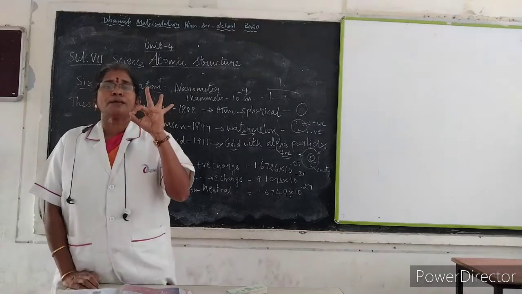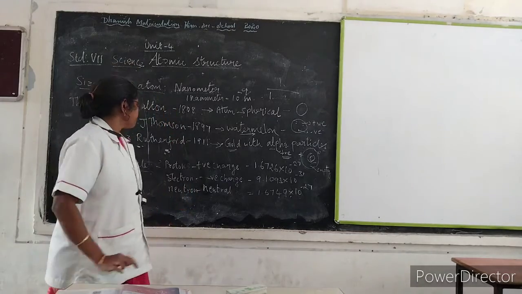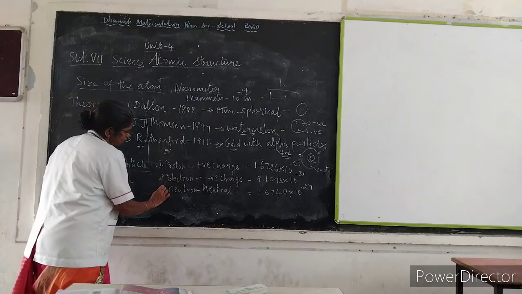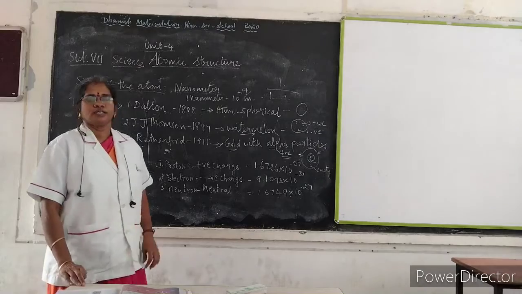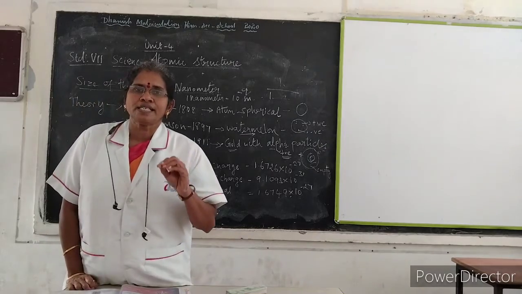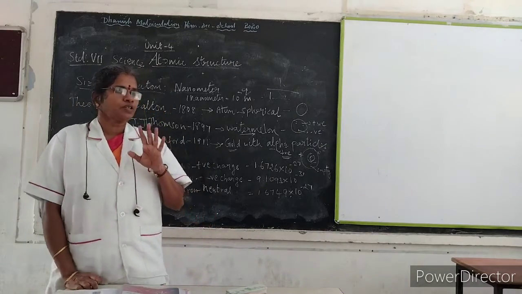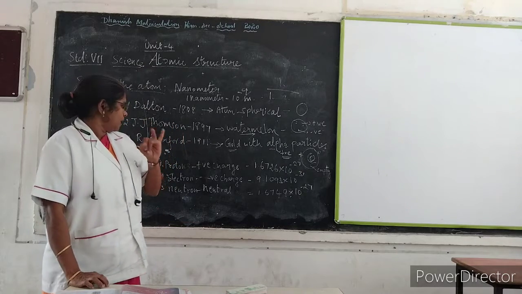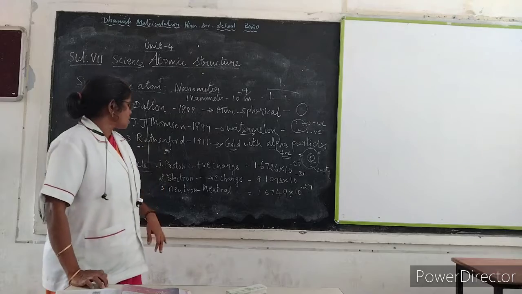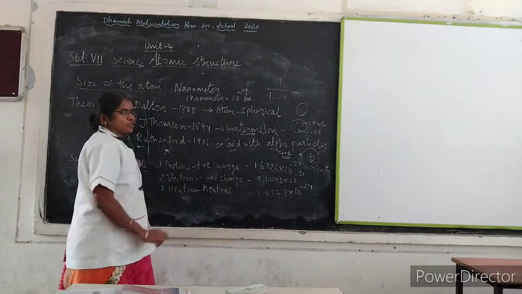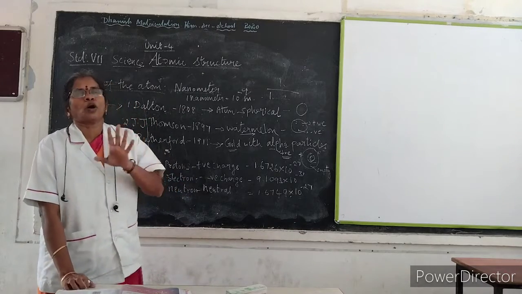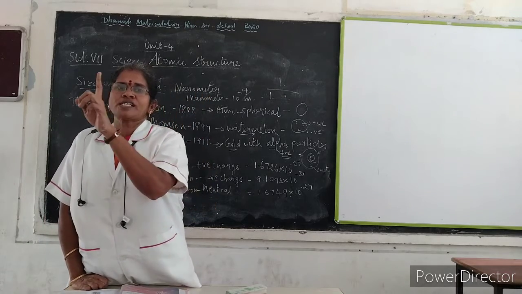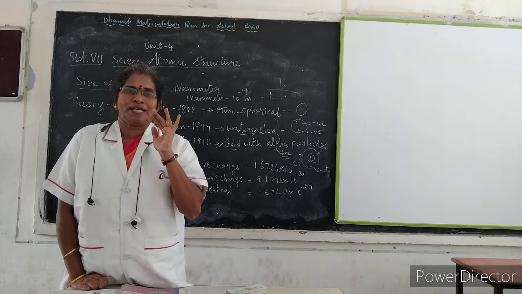There are 3 subatomic particles in an atom. First one is proton, second one is electron, and third one is neutron. This is also very important. Please observe it carefully. Okay. There are 3 subatomic particles: protons, electrons, and neutrons. So if you take the charge of proton, proton has positive charge. How will you remember that? P for proton, positive charge P. Like that you imagine.